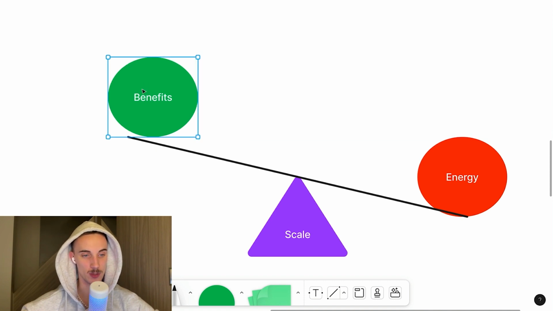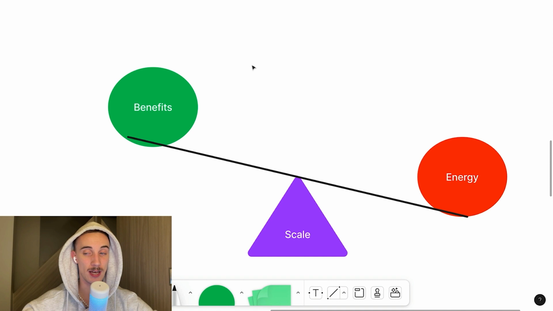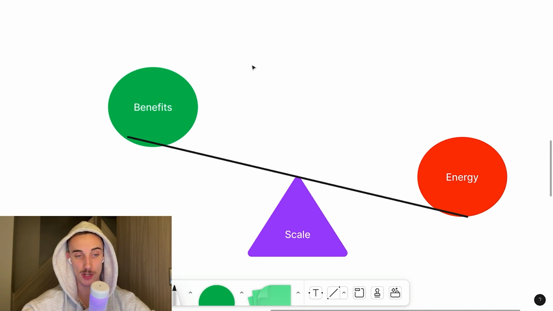An example of this would be: yes, we will book you 5 sales calls every single month, but in order for that to happen, you first need to hop on a 60-minute onboarding call with us, and after that you need to hop on 2 other campaign structuring calls with us, which are also 60 minutes, and they're going to happen in the first 2 weeks of our partnership. And then you need to hop on a 60-minute call every Monday and every Friday with us to make sure that the campaigns are rolling